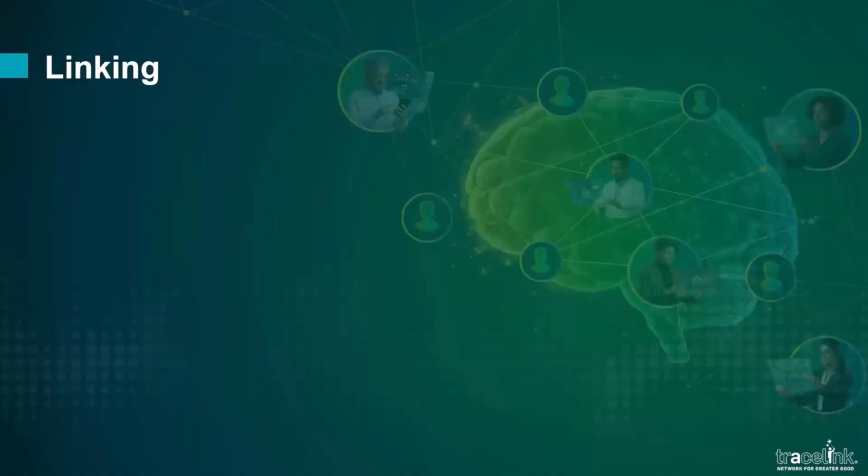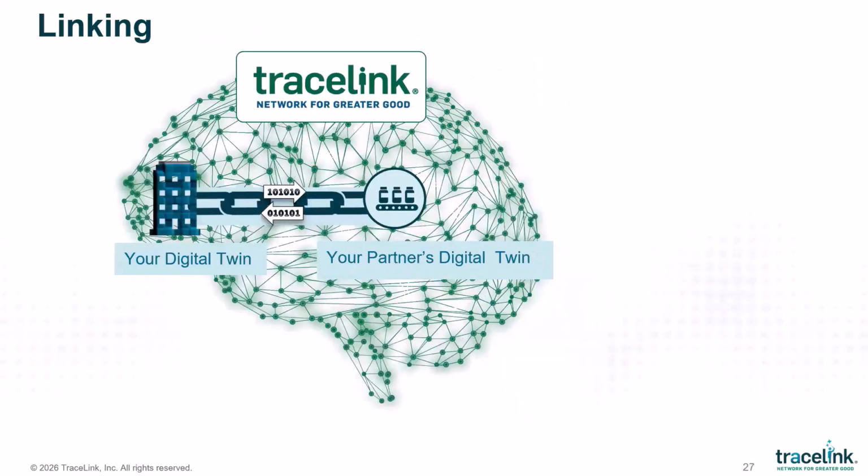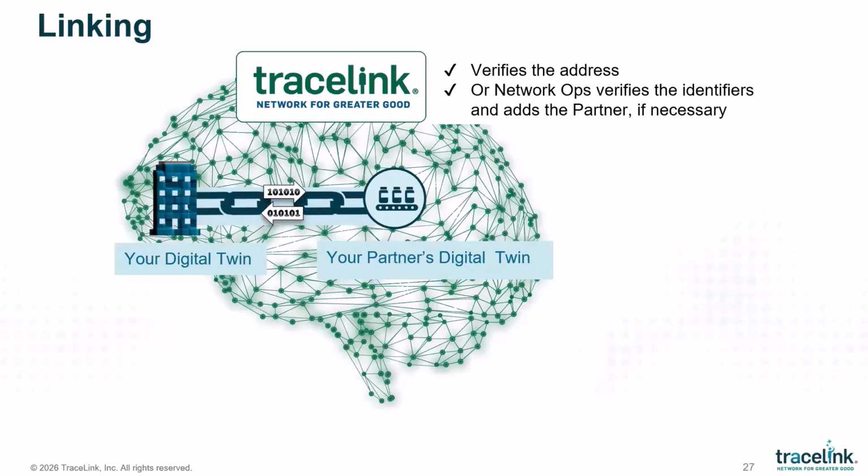Now on to linking. At this stage, you've configured Process Network for your own company and added your partner and partner master data. By this, TraceLink recognizes your partner's digital identity and associated network. The next step is to formally establish the digital link with TLU partner. Creating the link confirms your partner's digital identity within the TraceLink network and adds it to your company's secure digital